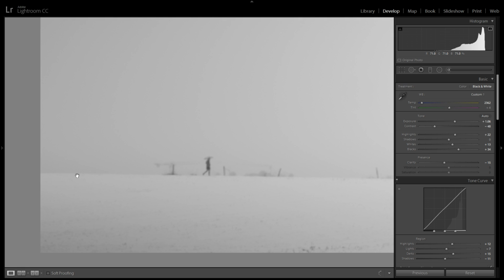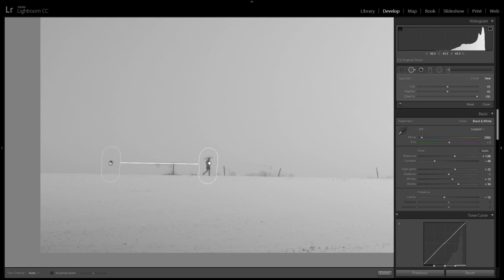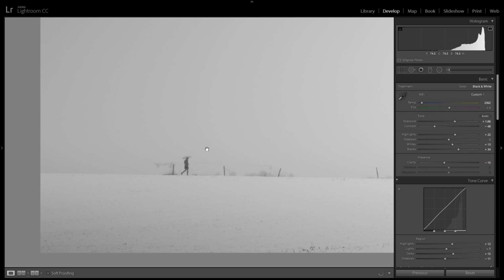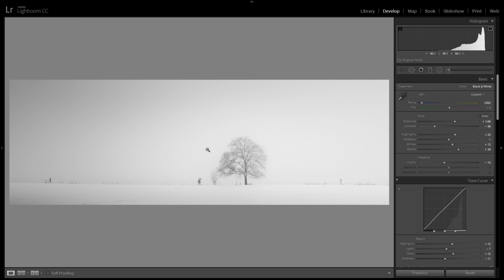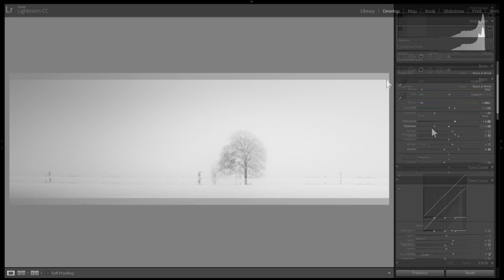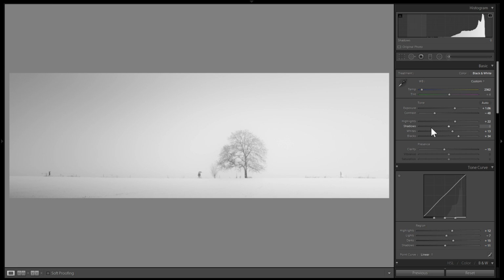Maybe I'm actually gonna kind of fine-tune that person right here. That's another great thing. You can just kind of bring them to the left, and I bet you a lot of people have not even known that and have thought you would need Photoshop for that. But if you do it in a very simple way, you can definitely do that with just a spot removal tool. I do think that I'm done with this picture though. There's really no other edit that I could see fit at the moment, so let's just call it quits